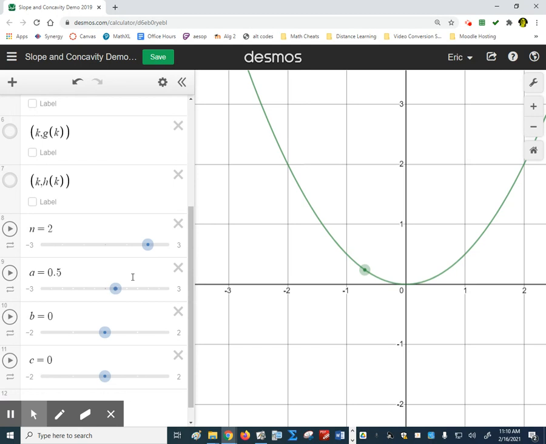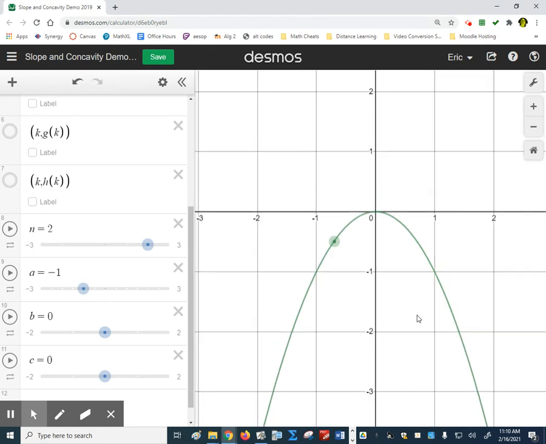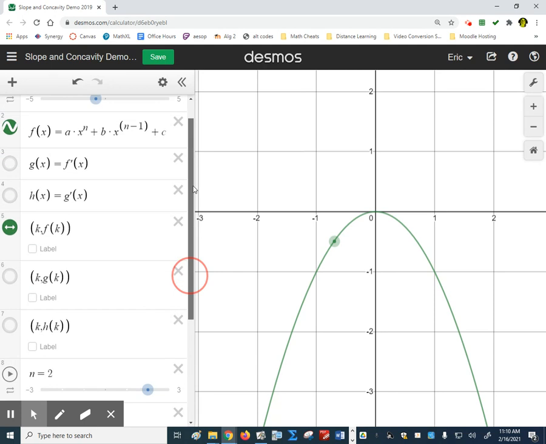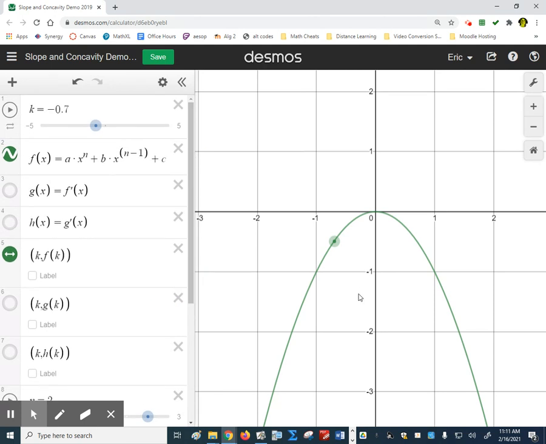Okay, I'm going to do two things. Let's do this first. Would everybody agree now that the concavity is downward, the rate of change of the slope is negative? And so now if I were to graph the first derivative of this downward opening parabola, doesn't it make sense that it's now going to be a line with a negative slope, right? And the second derivative function is just going to have a constant negative value, okay? Okay, so let's